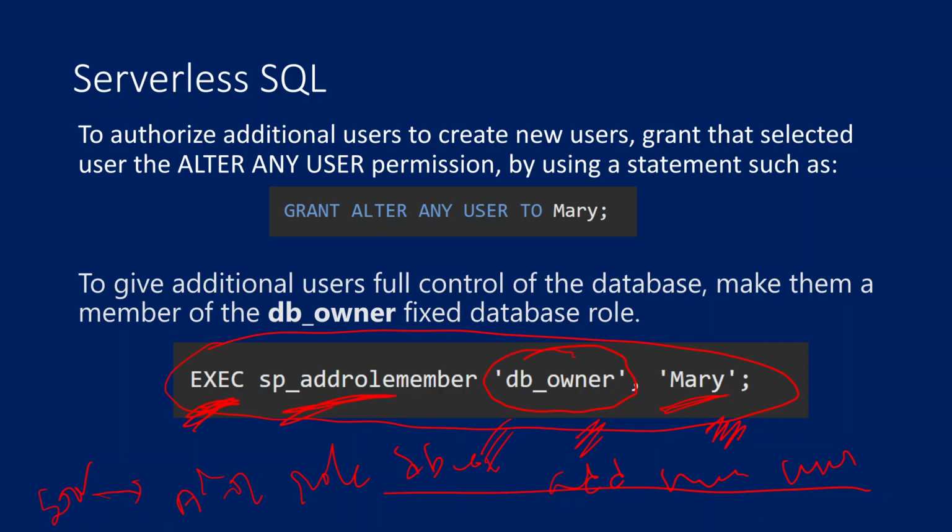For example, if you want to make sure that the user you created should be in a position to alter any user or alter any user's permission, so if you want such kind of permissions on top of your user ID, then you should use this script, grant alter any user to your user. So here in my case it is to Wafa, right? So if I execute this script, then the Wafa user can be used to alter permissions for other users as well.